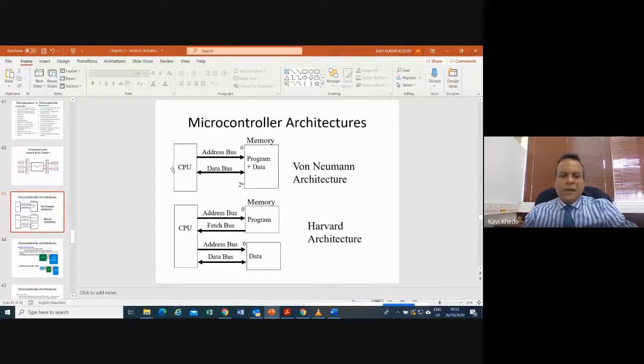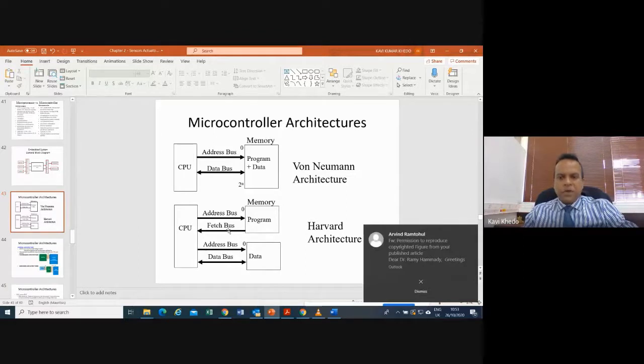And when you fetch your data, you always use an address bus to refer to which particular address you want to read, and then the data bus will transfer the data for you from the memory to the CPU for necessary processing. So this is in von Neumann, whereas in Harvard architecture, you can see here,